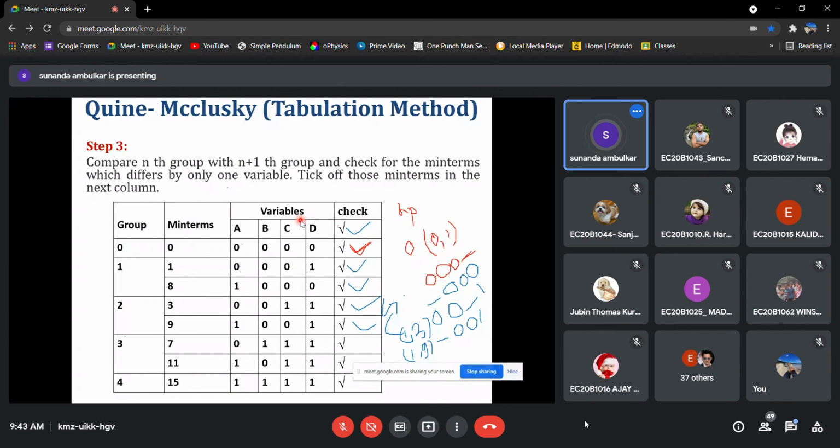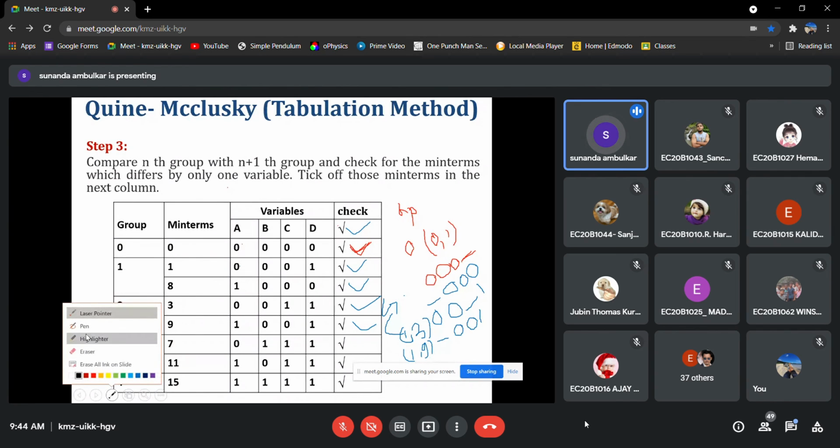So put a dash at that variable position, then check off. If there is a particular minterm which has not been checked, put a star mark there.